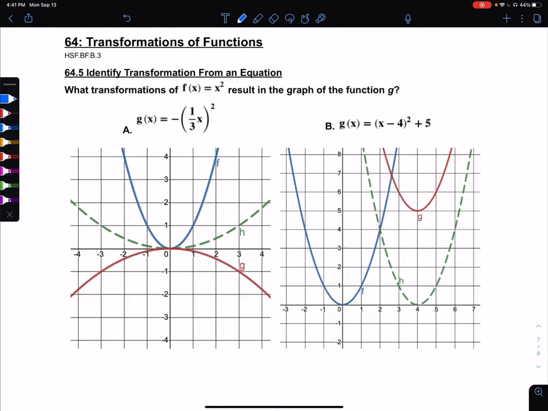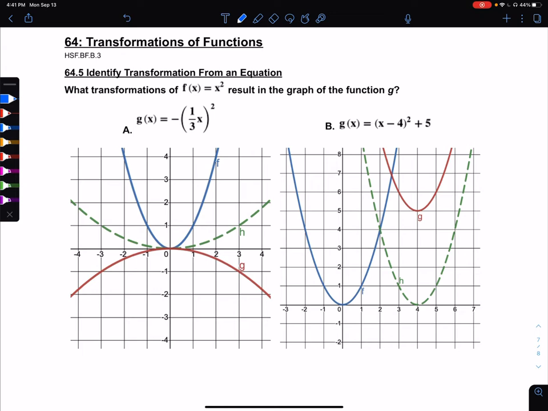We're going to look at topic 64, example 5, where we identify transformations from an equation. So everything has kind of been laid out here for us. We just need to write out what the transformations are. And they're asking us what transformations of f of x equals x squared result in the graph of the function